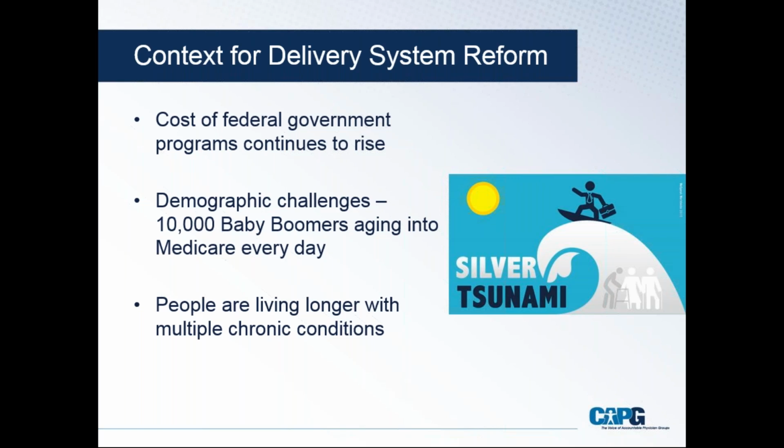One of them is that the cost of federal government programs, including Medicare, Medicaid, and other federal government spending on healthcare services has continued to increase. And while the rate of growth may have slowed, the percentage of federal spending going to healthcare services, as opposed to other priorities like roads and bridges, has continued to grow, and that causes some heartburn for members of Congress and other federal government officials.